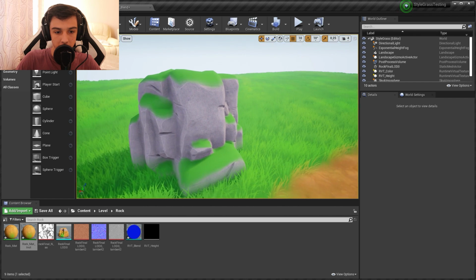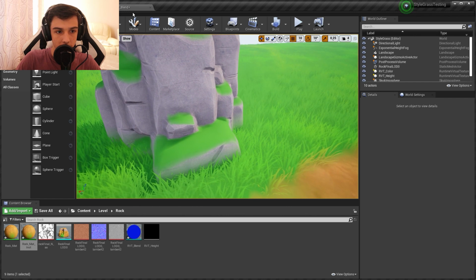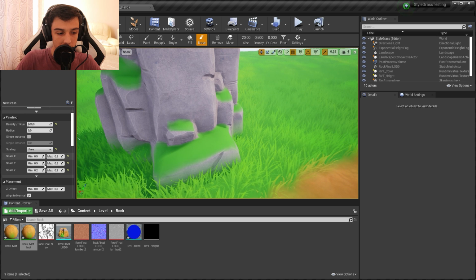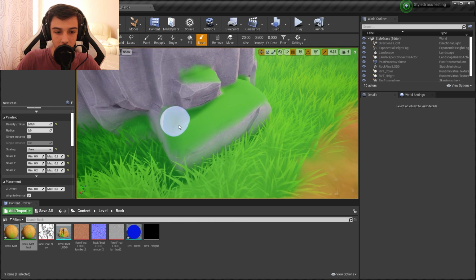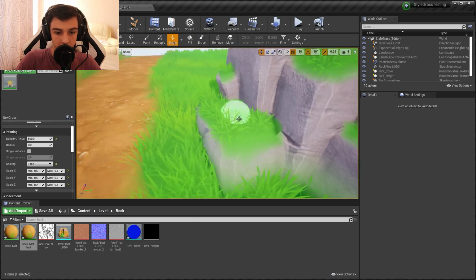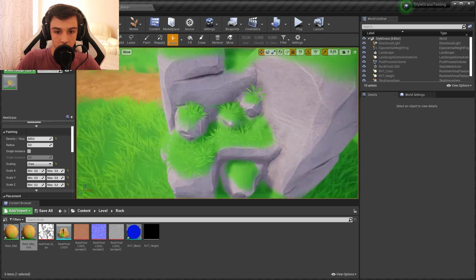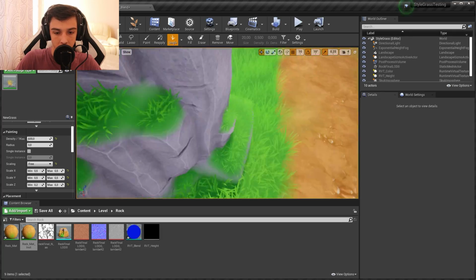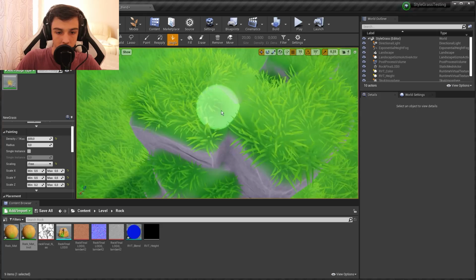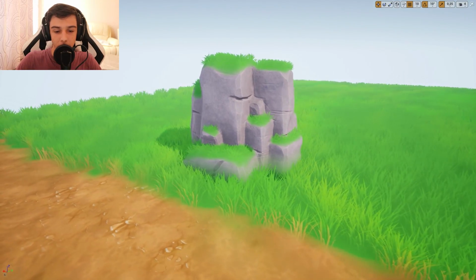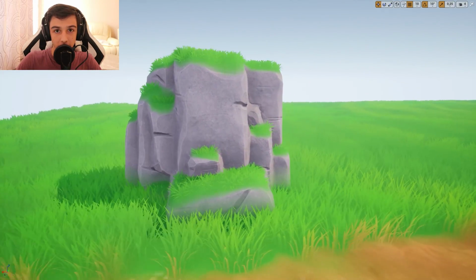And to make this prettier, I can take my grass, change the size of the grass, so I made it smaller, and I can paint it on the rock. Okay, so we have our rock material done,